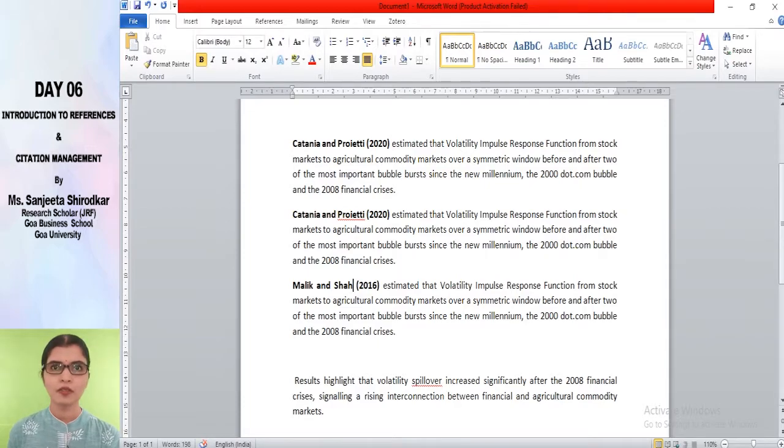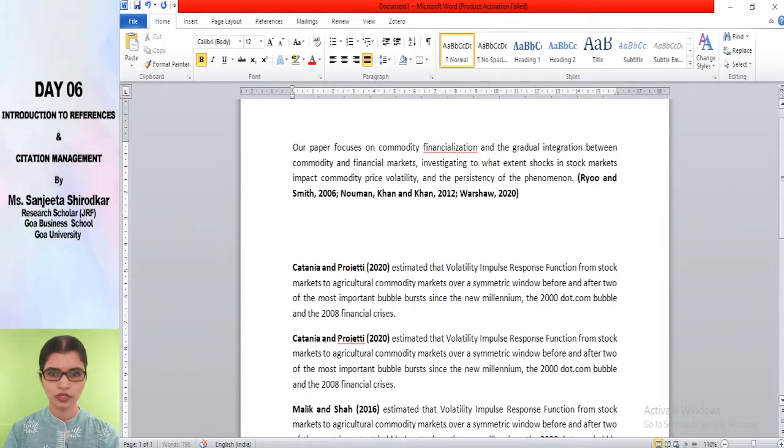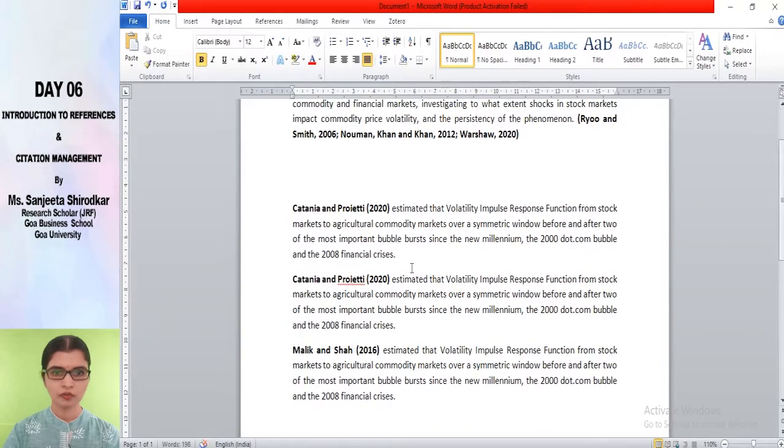Fine. So again, a word of caution: please never edit anything in the Word. Whatever references or citations you are trying to manage through Mendeley, please never make an attempt to edit them manually in the Word, because that is going to cost you in the long term. If you want to have another draft, you will not be able to swiftly switch from one style of referencing to another using Mendeley, and some of the parts will not be changed properly. So this is the thing.